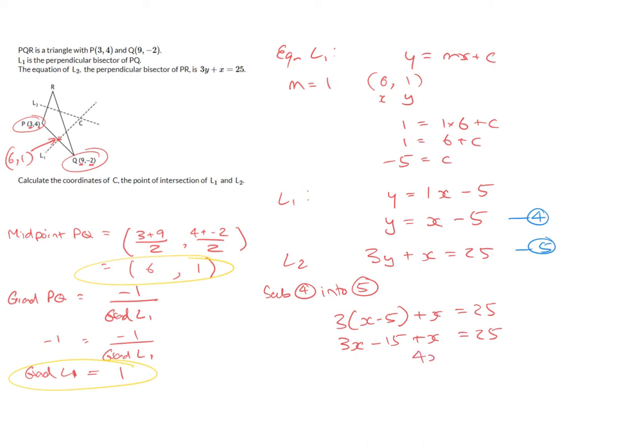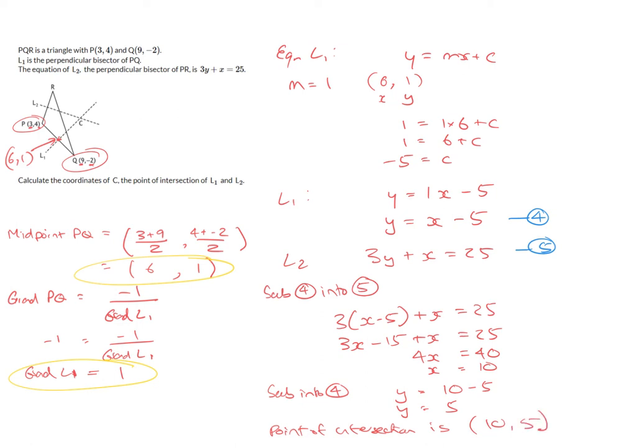So on the left hand side here I have 4x, on the right hand side then I will have, let's see, that's going to be 40. So x equals 10. Now I have a value for x. Let's substitute that into one of my equations. Let's put that back into equation number 4. So I have y equals 10 minus 5. So y equals 5. So the point of intersection is 10,